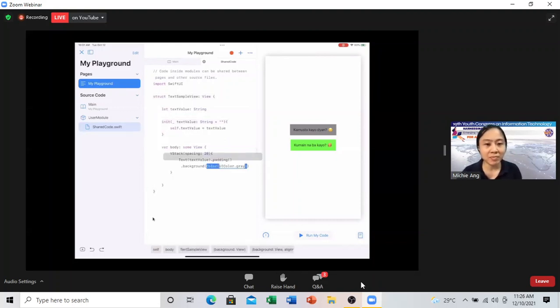Yan. And then from there, ang ginawa ko dito is instead of setting it to UI color gray,